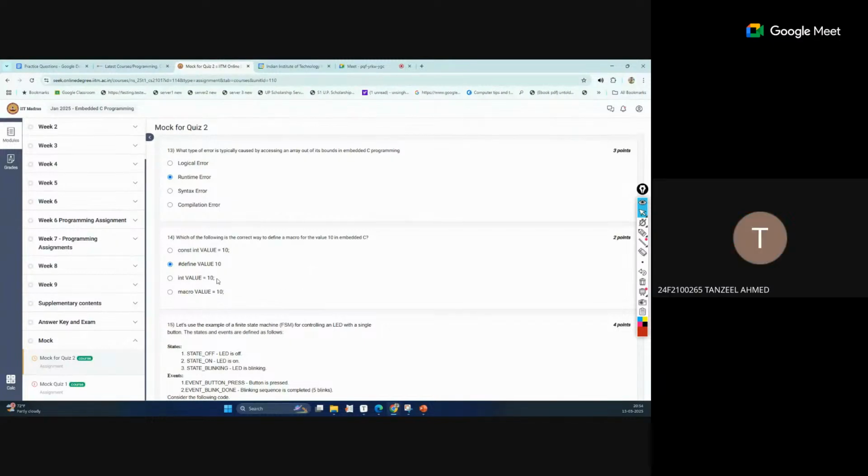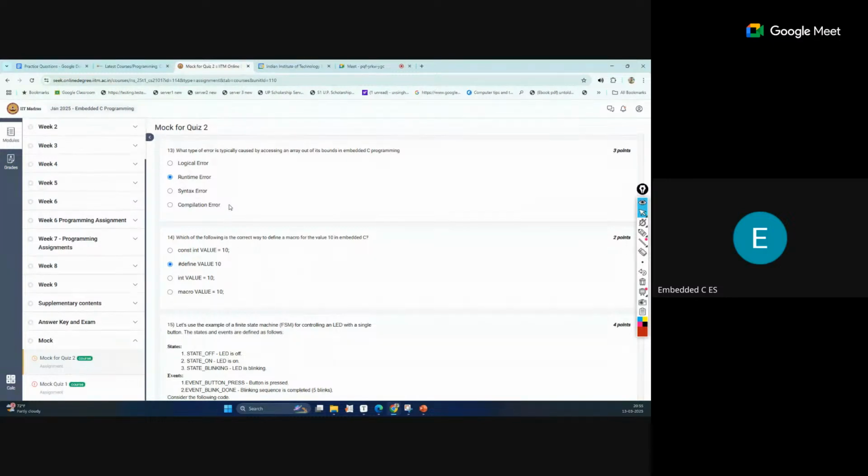I think if the memory problem is too bad, you will even get something like a segmentation fault or core dump, and the program will crash. Something of that type of error may come. Similarly for dynamic memory allocation: if you have allocated memory and later you free it, and still after freeing the memory you try to use the same memory again, this error may also occur, because now that memory is freed and not allocated to you, and you are trying to access it. At that time a runtime error may come.